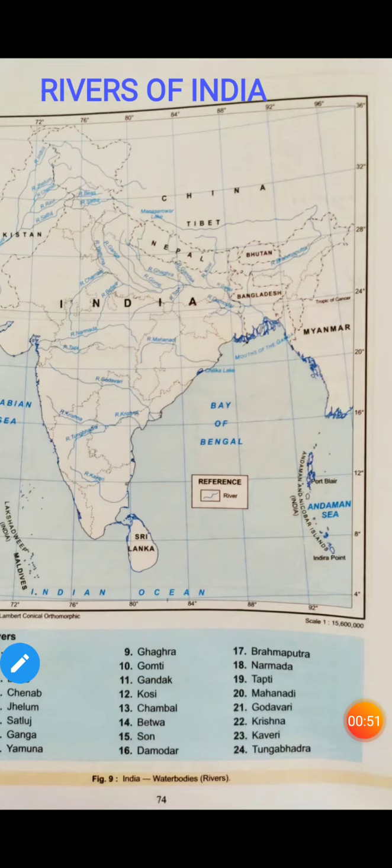So this will be the map which you will get in the examination to fill, and you can see the rivers are already marked here. This is a black and white map. You will use blue color to mark rivers. They are already drawn. You have to just shade them with blue pencil and label it.